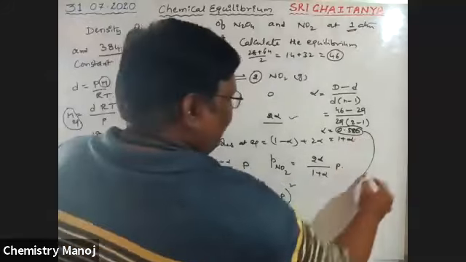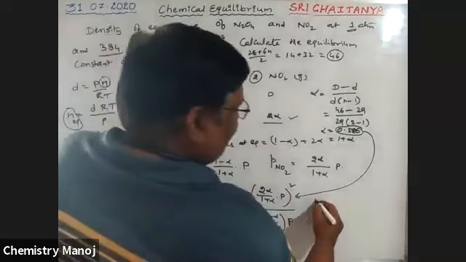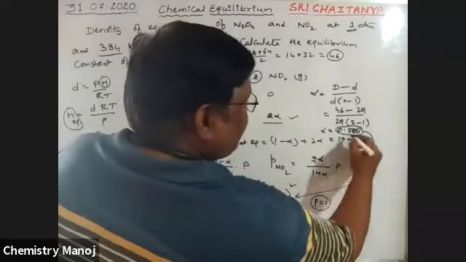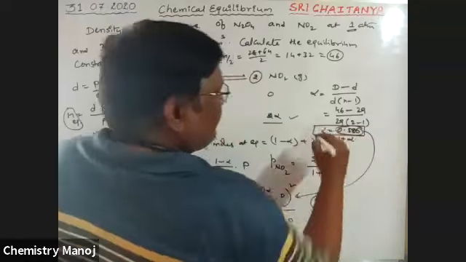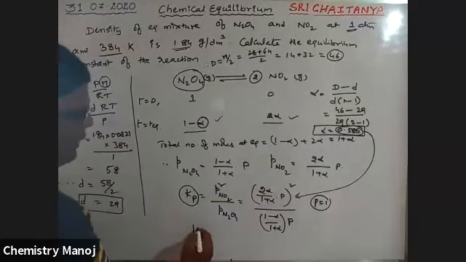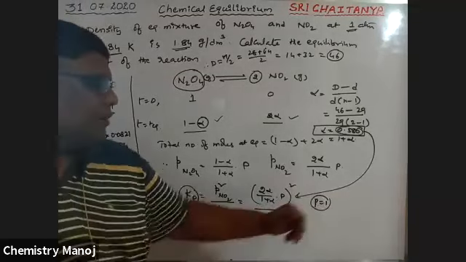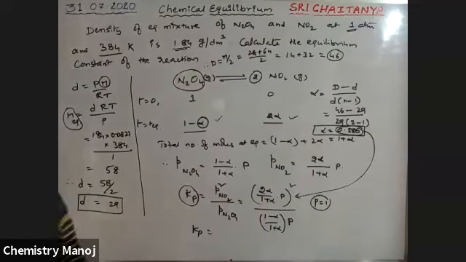Substitute that alpha value here. P is equal to 1, and alpha is equal to this much. Substitute these values and you will get the Kp value. So solve yourself, my dear boys. I am waiting for you. That is the alpha value, and capital P is 1. Substitute those values. Please tell me the answer, that Kp value.